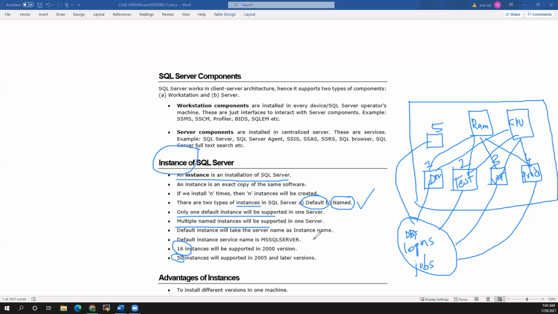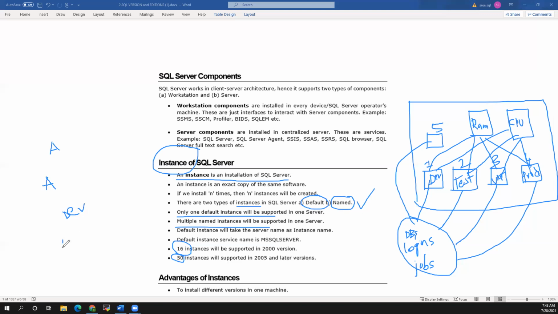The default takes the server name as the instance name. If your server name is A, then the default instance is A only. After the default instance, you created an instance named dev.